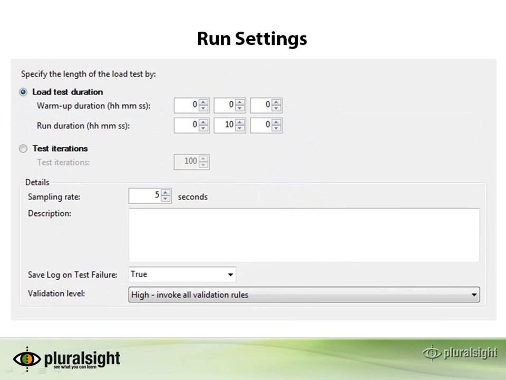Finally, you can choose the run settings for your load test. The load test duration has a run duration which defaults to 10 minutes. You can set that